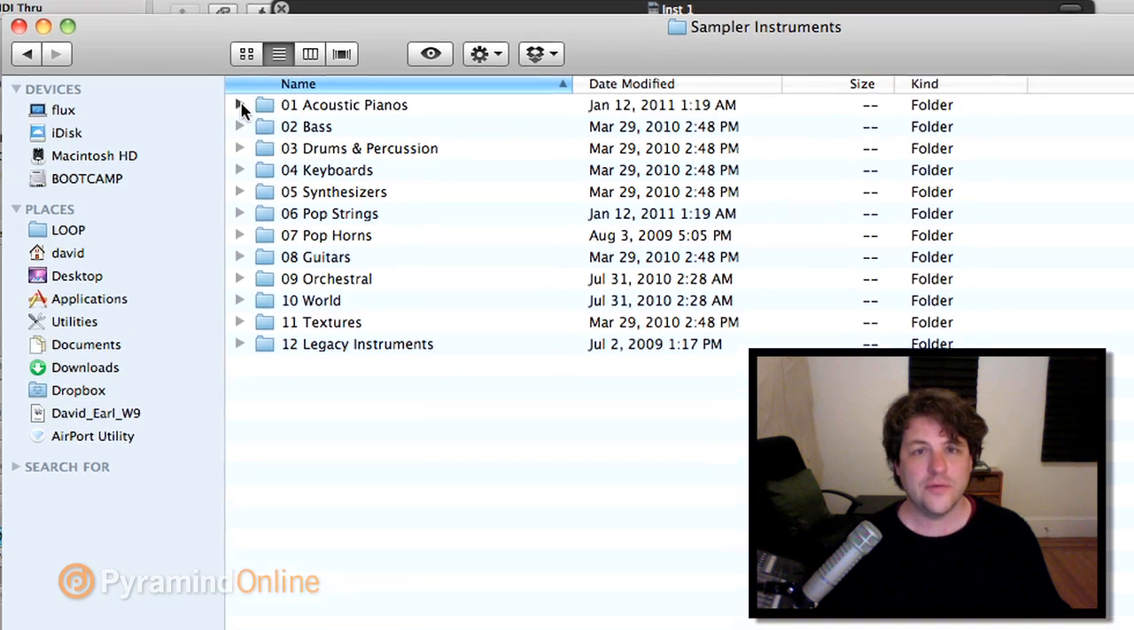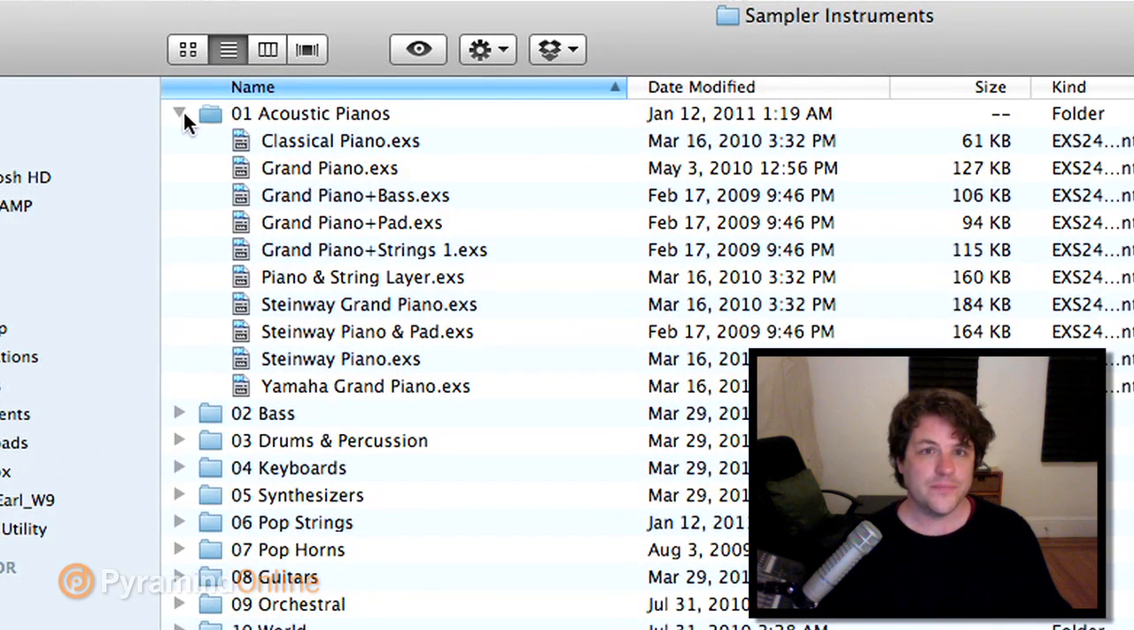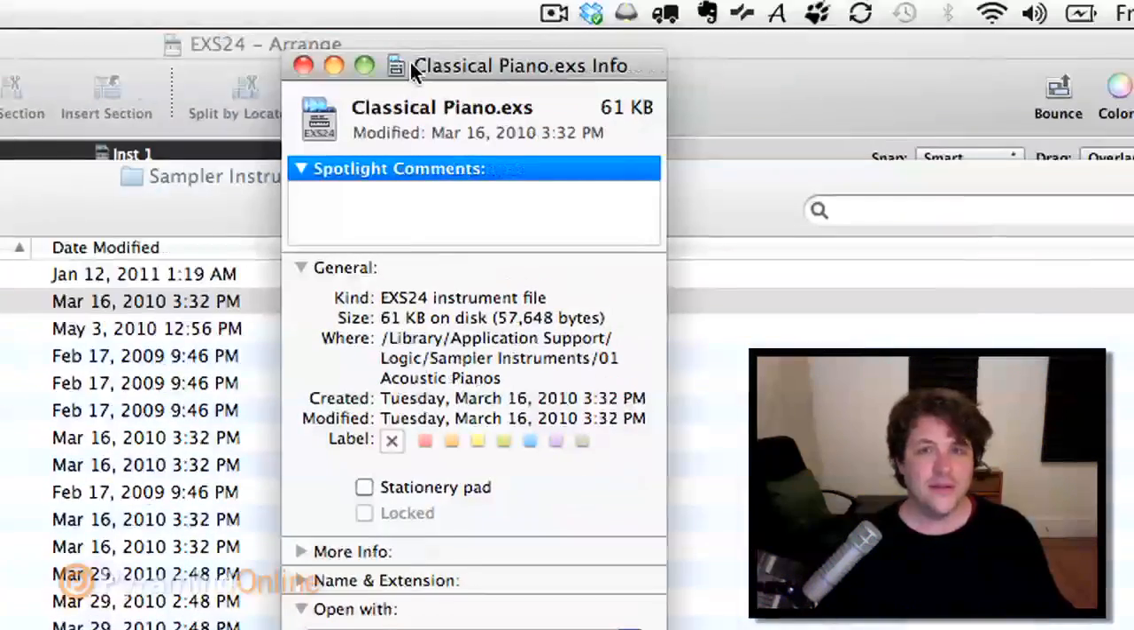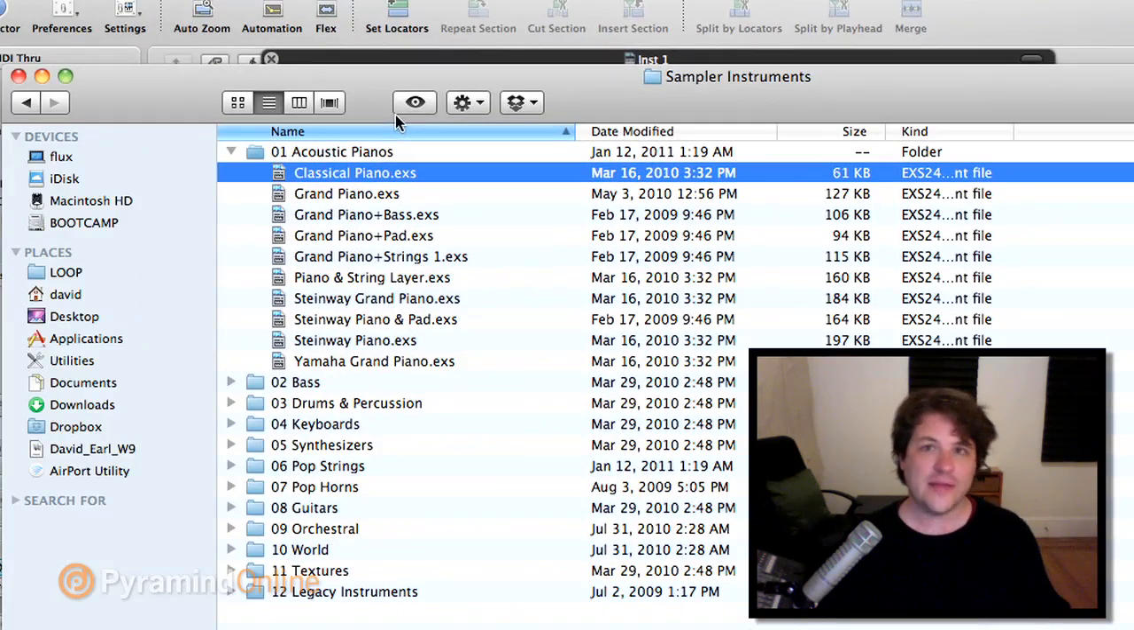If I open up the acoustic pianos folder, I'll see that we get this kind of file. If I do a Get Info on it real quick, this symbol right here is the symbol for the EXS24 instrument. These are the overall panel settings for the EXS24. Okay? Now I'm going to go back a tick,